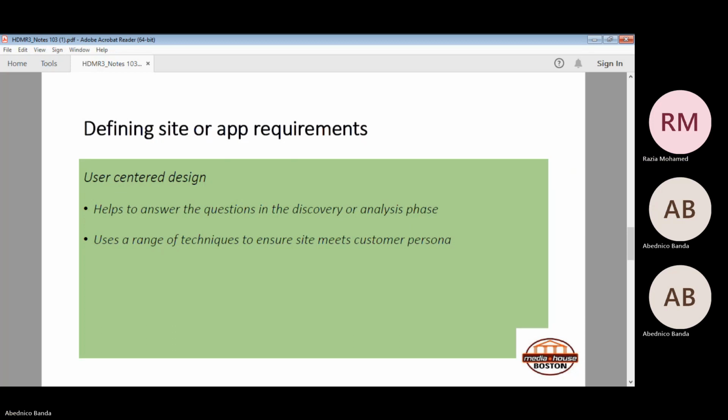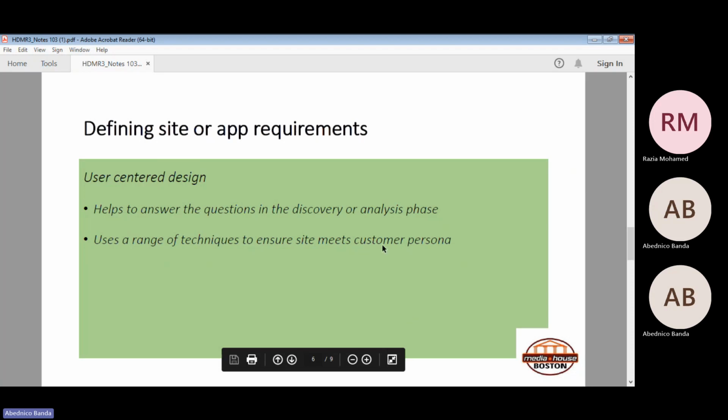Indeed. What I'm trying to say is that you can never evade the concept of persona in marketing. Because whenever we're creating a strategy, whenever we are coming up with communication and messaging, we need to have the persona in mind. So here again, we are back at the persona. The user-centered design needs to meet the customer's persona. So you need to know who you're talking to.